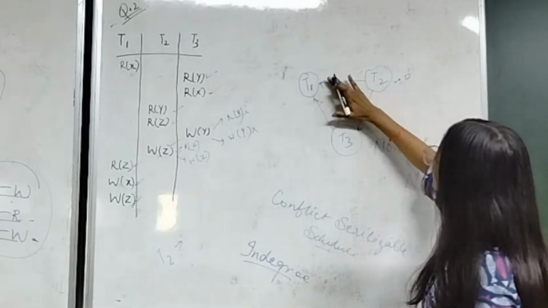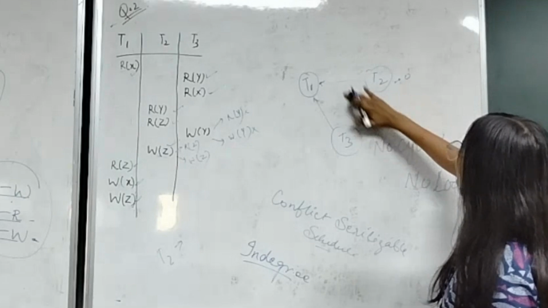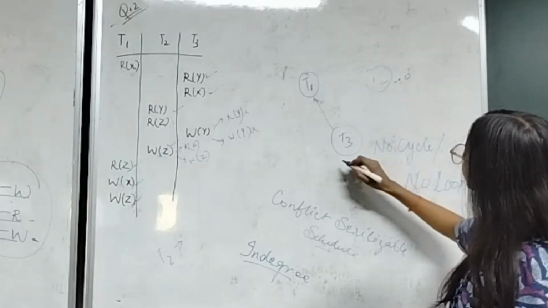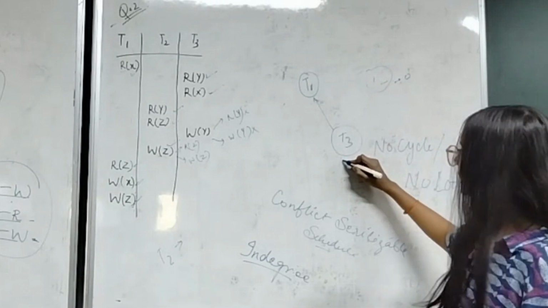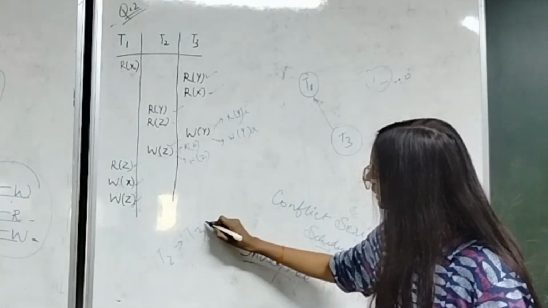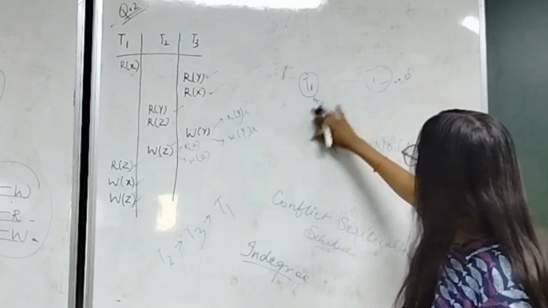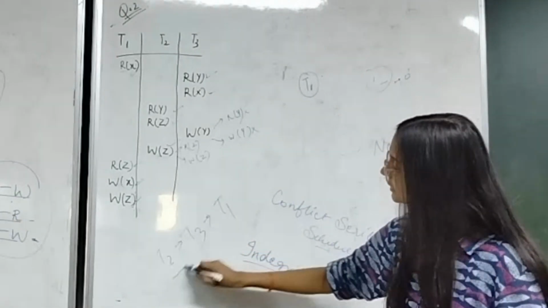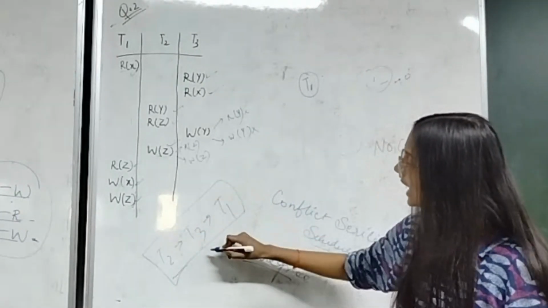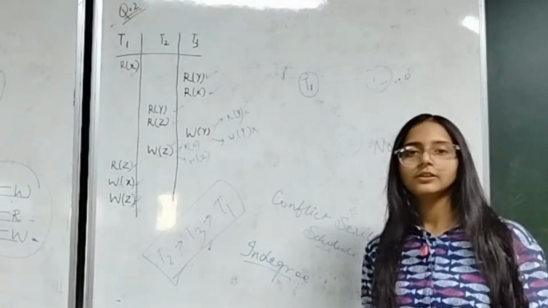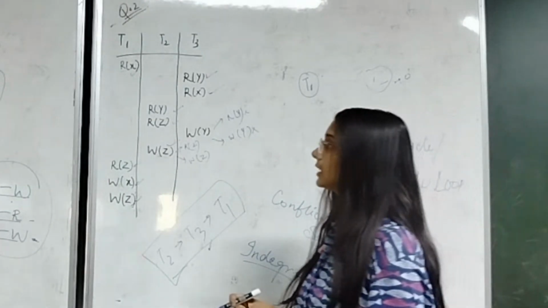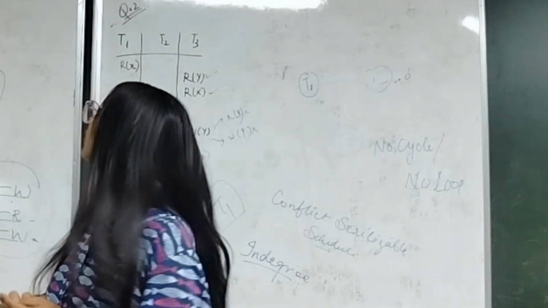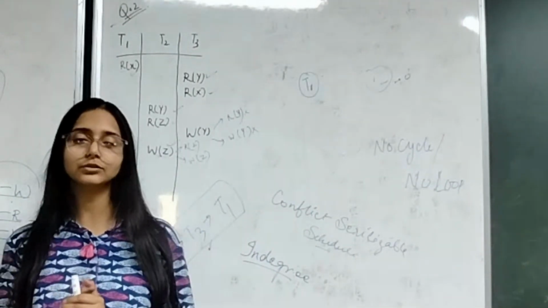Then let's remove this. Okay. Now let's see these two. We have T3. Its in degree is 0 again. So we'll go with T3. Then we'll go with T1. As we have removed this, there will be no in degree with T1. So this will be our final sequence, and this will be serial in nature. Fine. And thus we have now completed the two examples of the conflict serializable schedule.